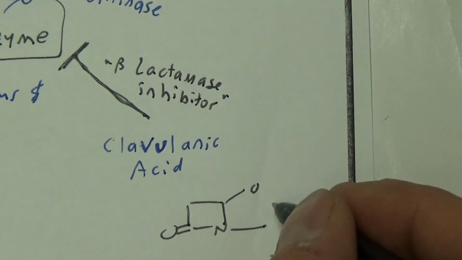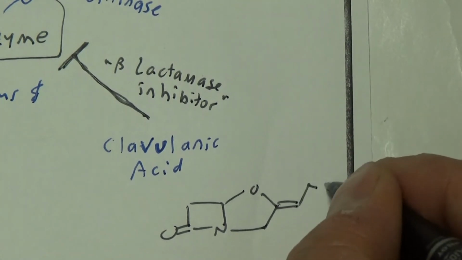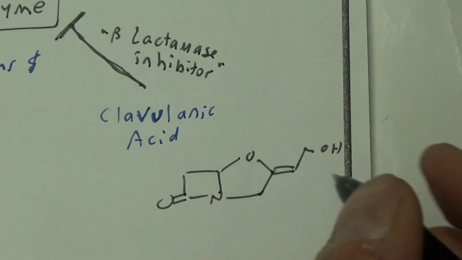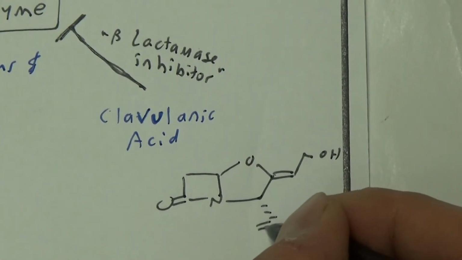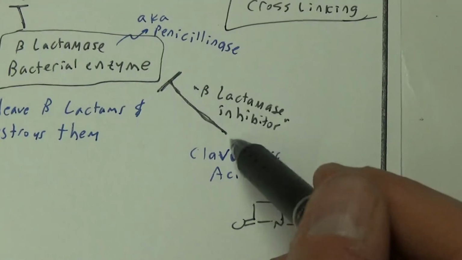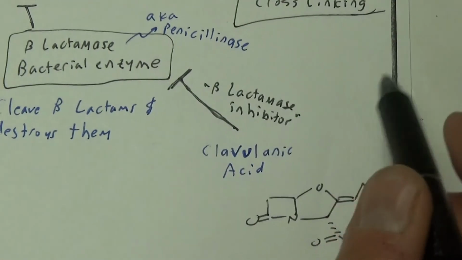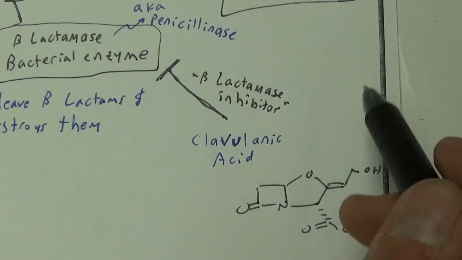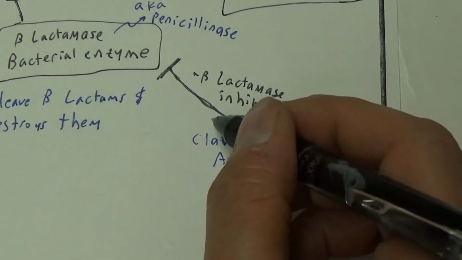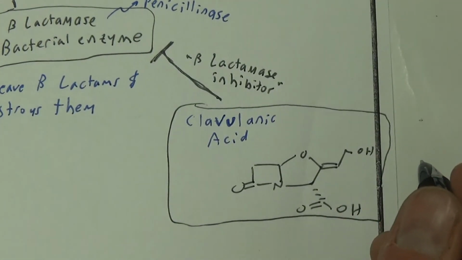It's a pretty simple molecule. Primary alcohol over here. So much simpler than like ampicillin or a cephalosporin. And a carboxylic acid here. That's clavulanic acid. And it basically inhibits beta-lactamase. Okay? And that kind of helps our penicillins and cephalosporins do their antibiotic goal. Okay? There's another one that's kind of popular,